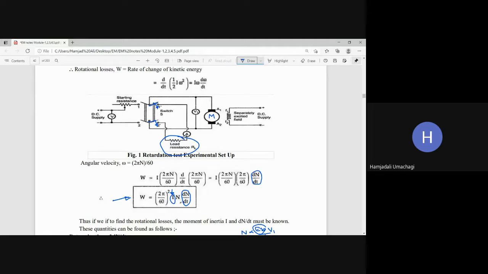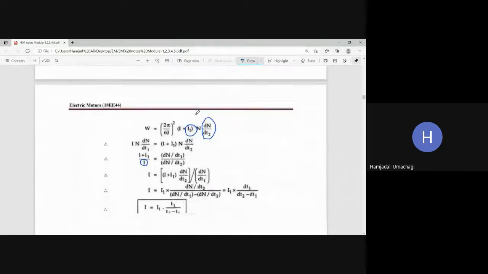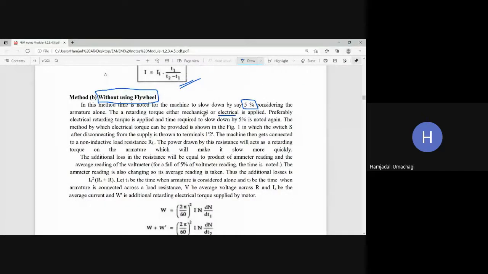During that period of time, what is the current? That is the ammeter reading, which is the average ammeter reading, and this is the average voltmeter reading. You should note down V and I. And then the machine gets disconnected. The machine then gets connected to a non-inductive load resistance RL. The power drawn by this resistance will act as retarding torque on the armature, which will make the motor slow down very quickly. The additional loss in the resistance will be equal to